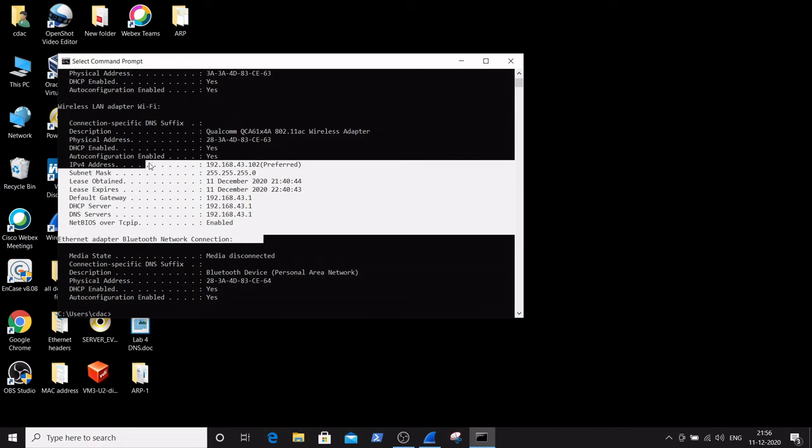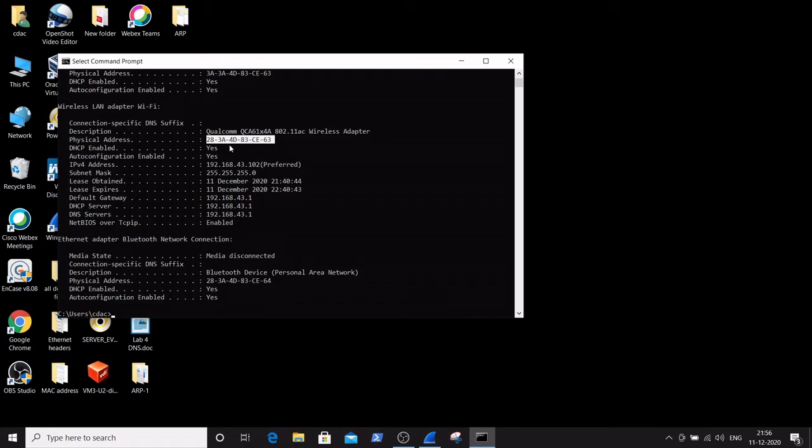Here is the IP address, the subnet mask, the DHCP server and DNS server and default gateway, and what is enabled and what is not enabled. Everything regarding layer 2 is also given, including the physical MAC address.